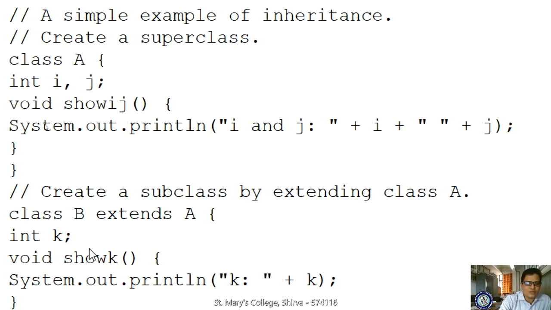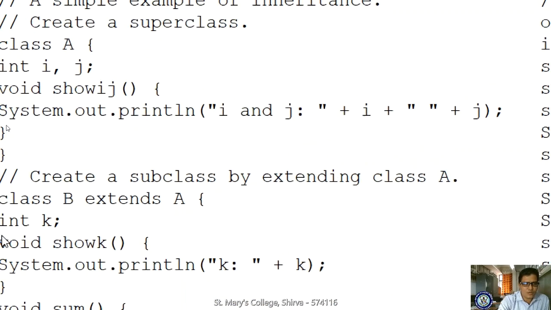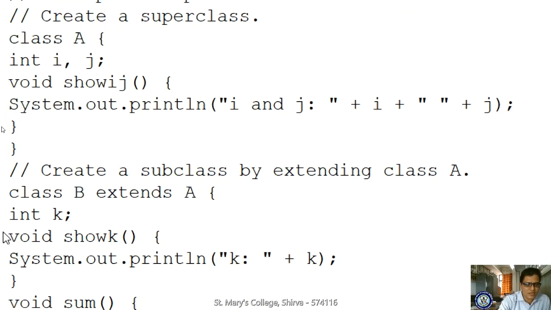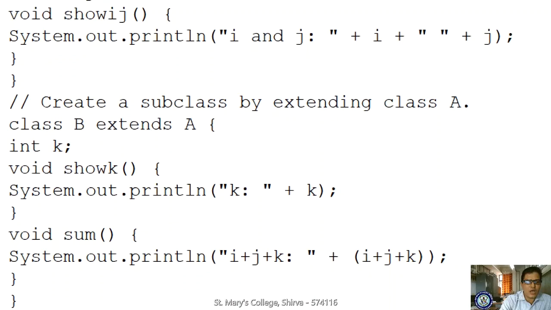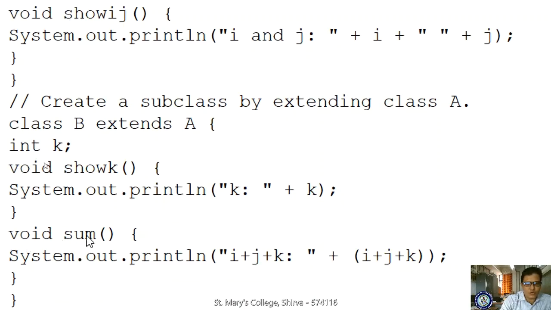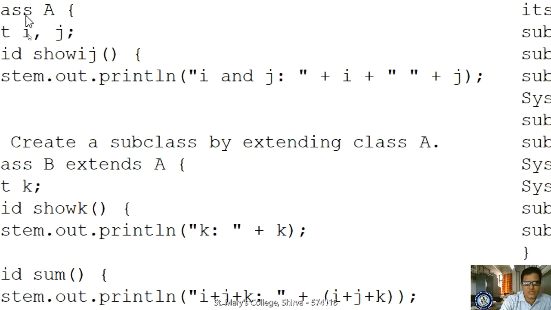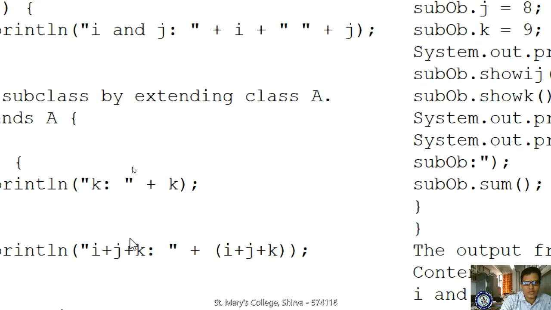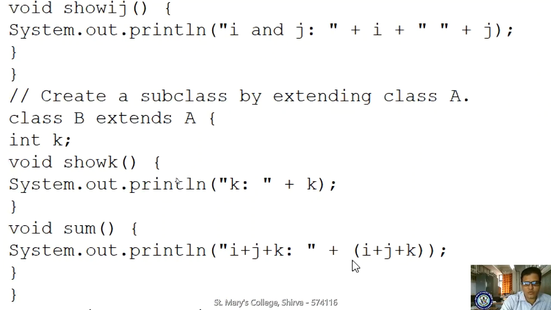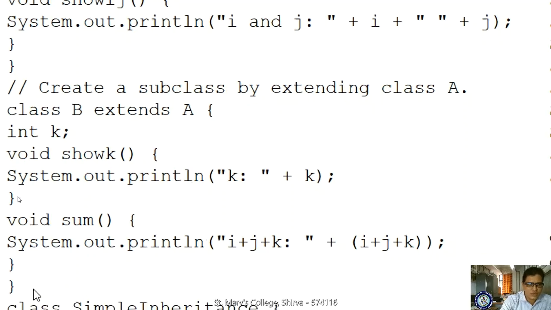In class B, I am defining one more variable, that is int k, and one more method, void showk, and I am displaying the k value in this void showk method using System.out.println(k). And now in this class B I am using one more method, the name of the method is sum, System.out.println(i + j + k). Then I am doing the summation of i plus j plus k. The i, j values exist in the base class, so because of inheritance you can directly access them in your B class and process i plus j plus k. Here class B ends.